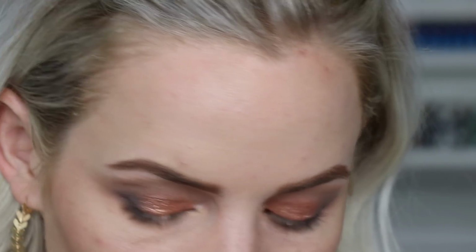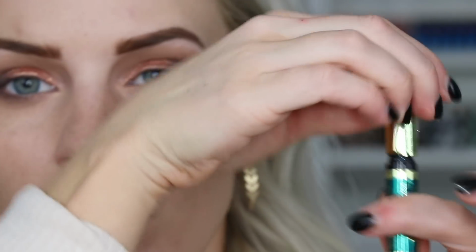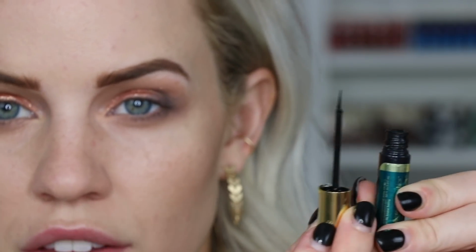That glitter. I feel like holidays just consist of black winged liner, so that's what I'm going to do. I'm going to use our black eye scents. Hold it here. Our black eye scents comes in a little tube like this with a nice little thin brush on the end. So for all of you that like a liquid liner, it's super easy to use,